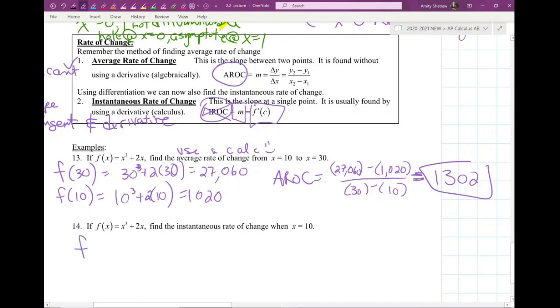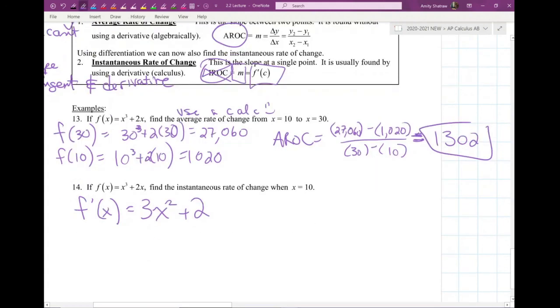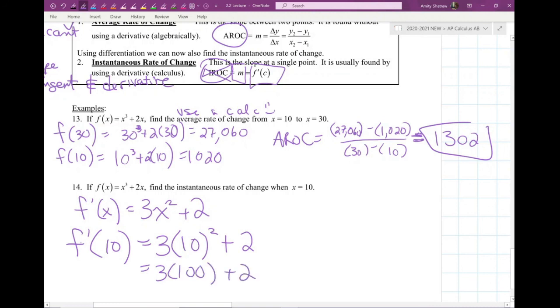Ready? I'm going to find the derivative, and I'm going to say the derivative of x cubed is 3x squared, and the derivative of 2x is going to be 2. And ta-da, all I have to do now is plug in what happens at 10. And this is actually a lot easier to calculate. I don't even need a calculator for this piece. Ready? 3 times 10 squared plus 2 is the same thing as 3 times 100 plus 2, which is very easy to find out, is 302. And that is called my instantaneous rate of change, but I want you to call it the derivative at 10. The derivative of f of x at